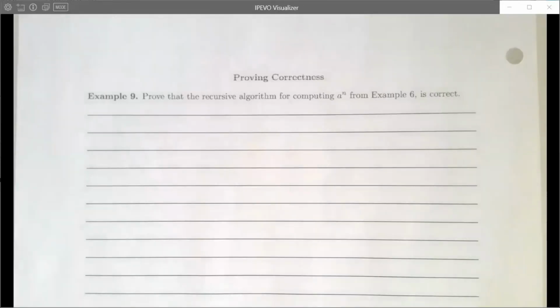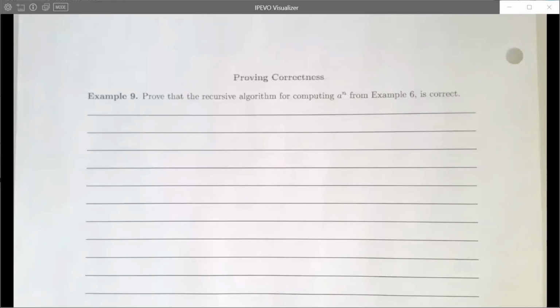Okay, so we've come up with these recursive algorithms, but we haven't quite proved that they are correct. We've just made trace-throughs to get a feel that they are working correctly. But just because we've tested it with 1 or 2 examples doesn't mean that they're going to be correct in every single instance. And that is why mathematical induction is so important to, in this case, computer science,